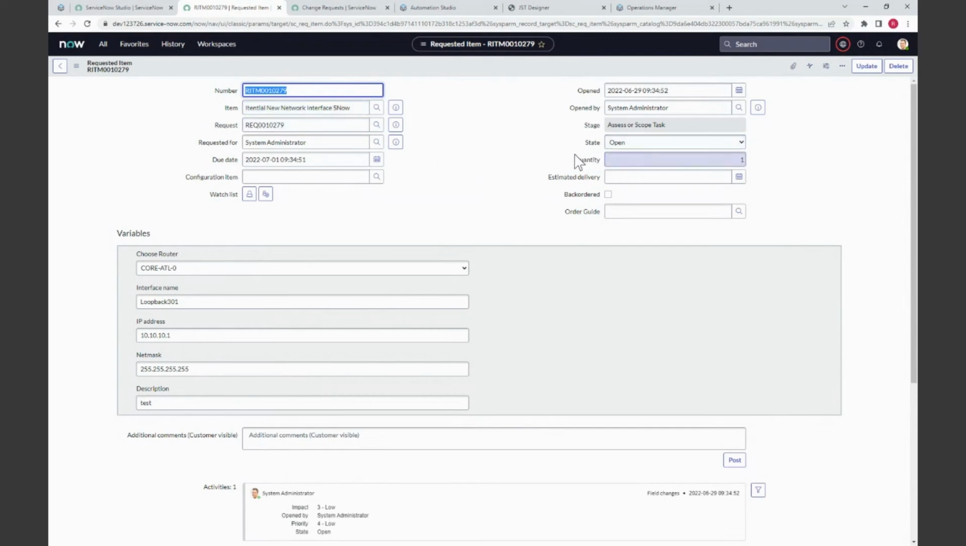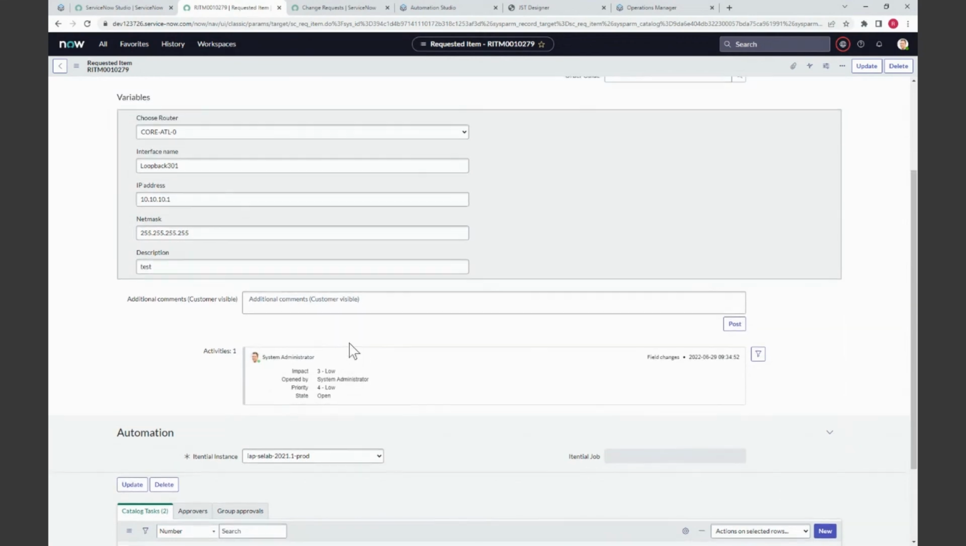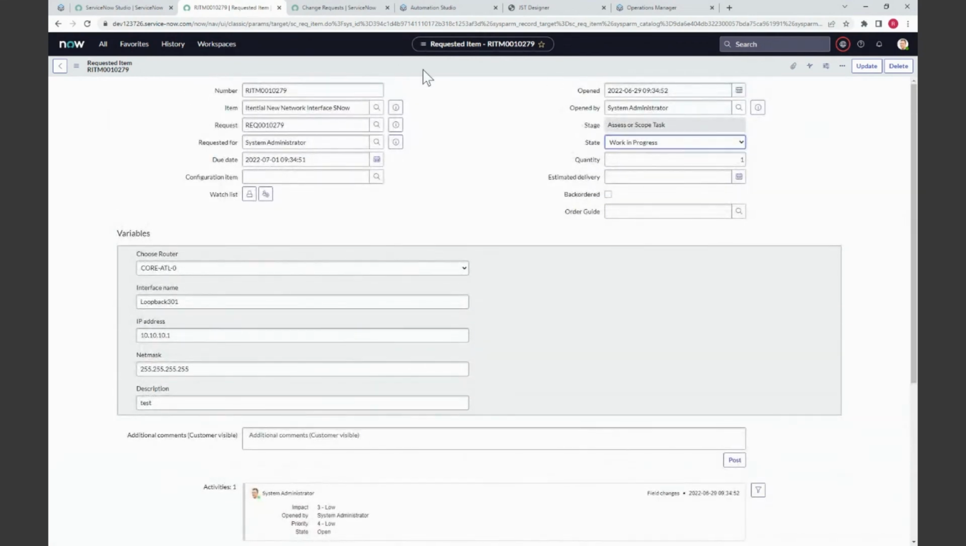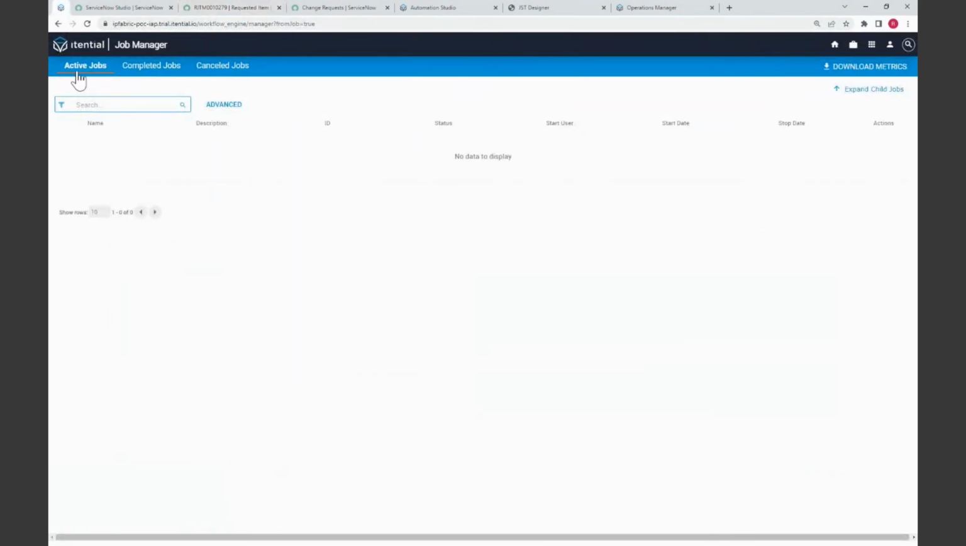The state is open. So that last piece, that last condition that we defined in those three conditions, was the state has to progress towards work in progress. And that's what triggers the automation, the script to run that calls the automation back into the Itential platform. So if I progress this to work in progress from open, and you'll see in our activities, we only have the initial open from us, the system administrator. That's the initial order of this item. If I save this, now I'm going to go back into the automation platform and take a look at our